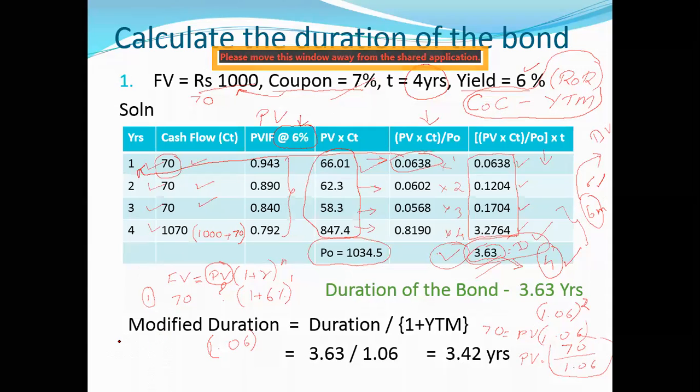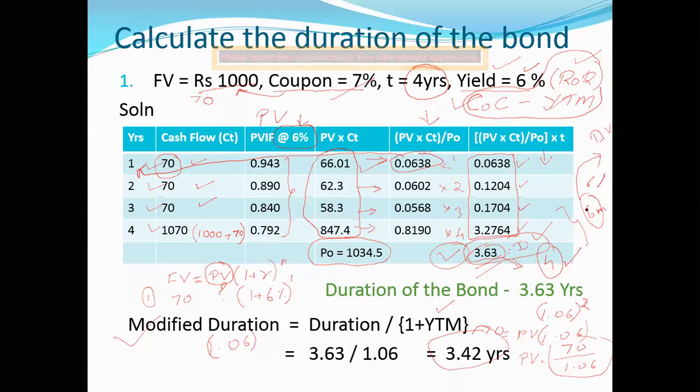Next one, we have the concept called modified duration. Now in case of modified duration, what happens? The formula for modified duration is duration divided by 1 plus YTM. Again, what is YTM? I told you YTM is nothing but your yield itself. It can be called yield, required rate of return, cost of capital, or YTM. It goes by any name. So 1 plus YTM, whatever answer you get, you divide 3.63 by 1.06. This is going to be your ultimate